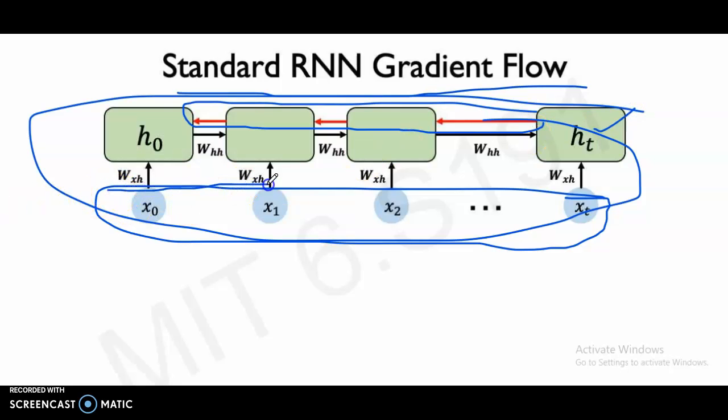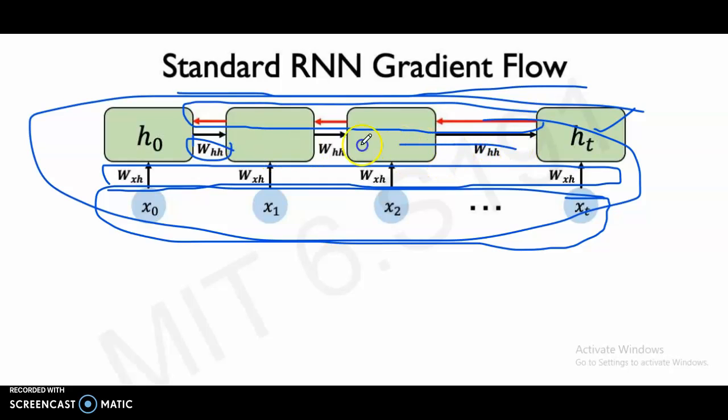This is the weight of the node, W sh. This one, h0 to h1, W hh. Here also the same. So now this gradient flow